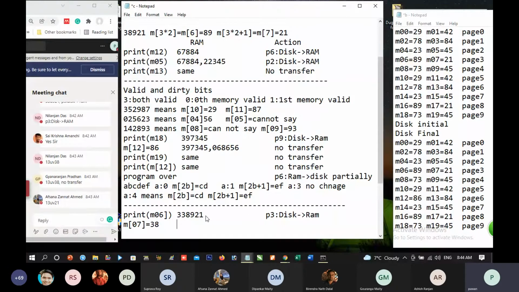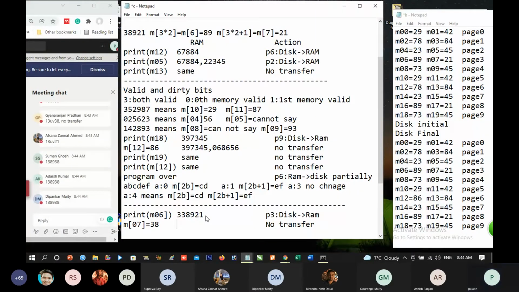Why are we making the value of memory 6 garbage? And no transfer, I can understand. Because we don't need to involve the disk in this matter. The entire work can be done here. Others are also wrong.